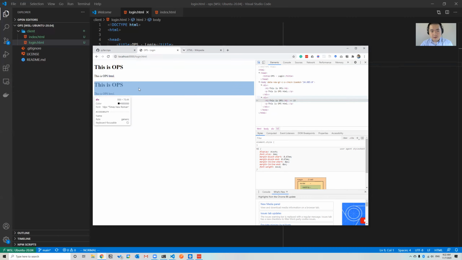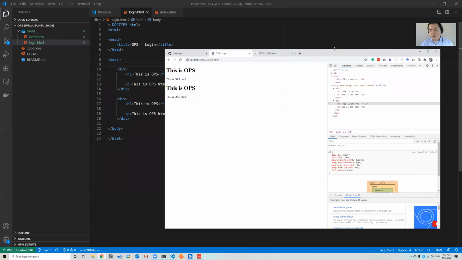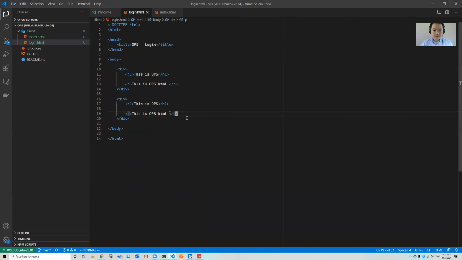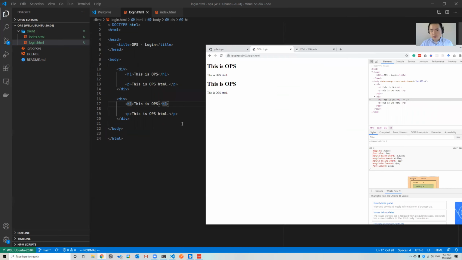So I click on it, I hover on it, or I can click on it, it will show, okay, this is an H1, and it also corresponds to this H1 here. Okay, so this is a useful tool, and we're going to use this tool a lot in this tutorial. So this is div, and here, remember, our goal is to show